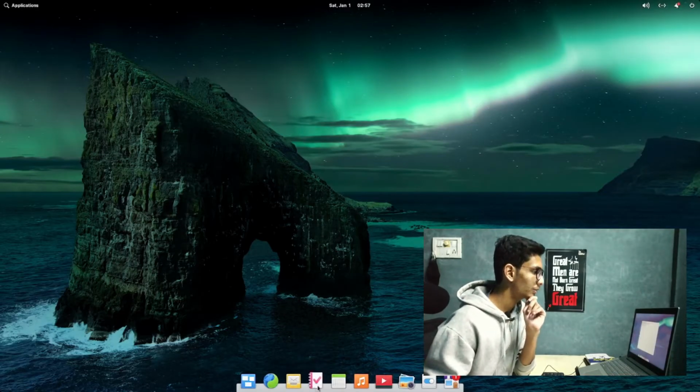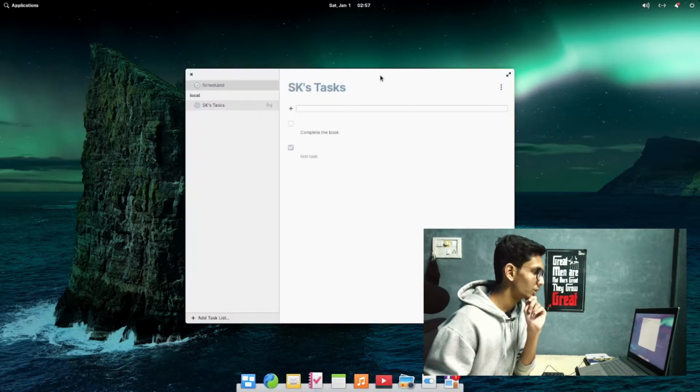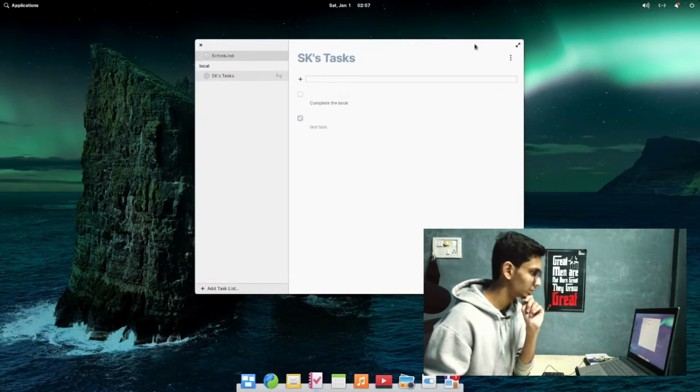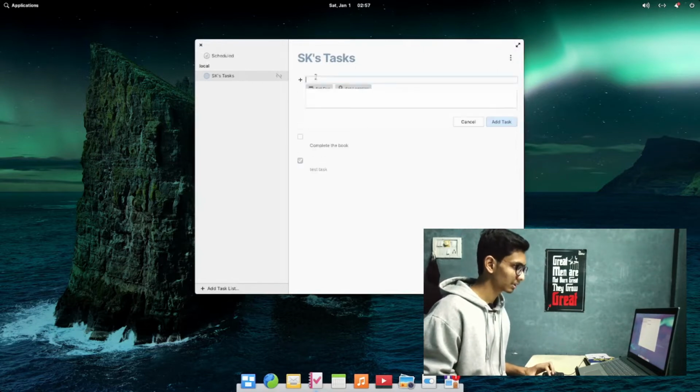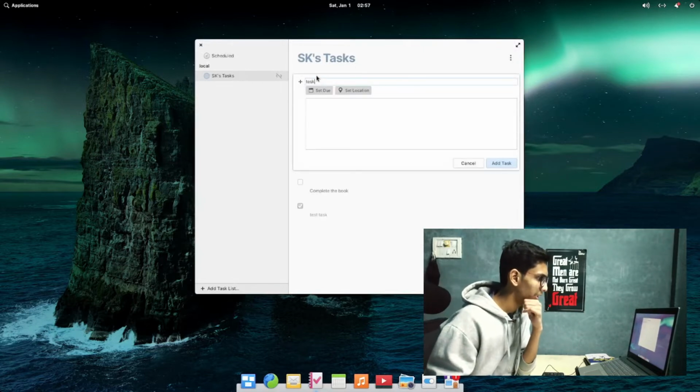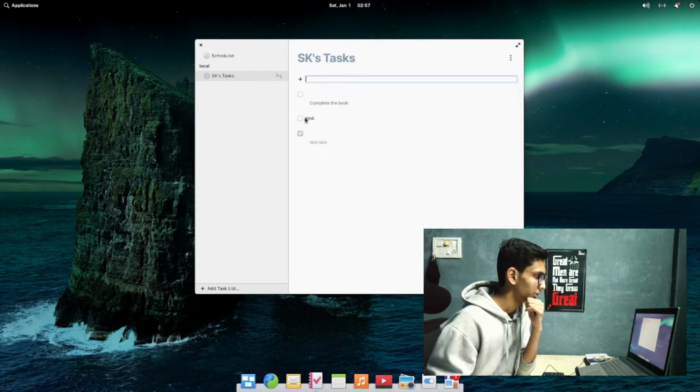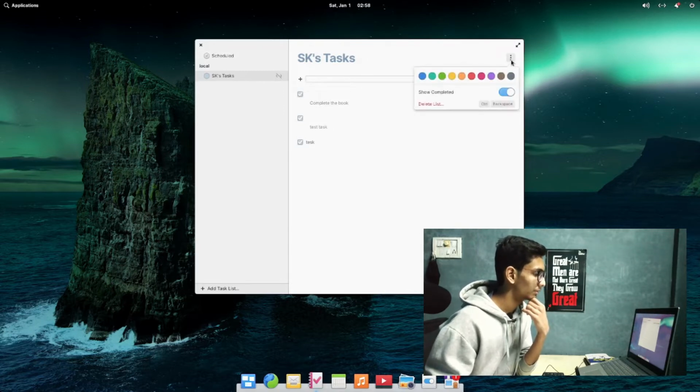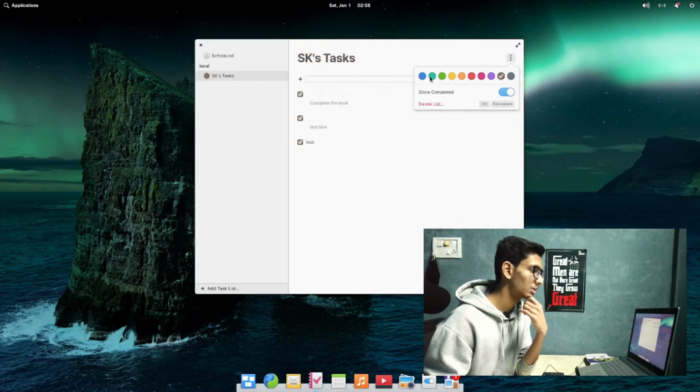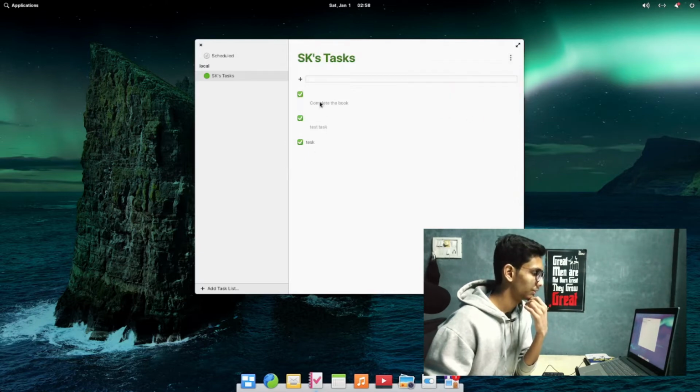The second app is a Tasks app. I have created a few default tasks here. It also follows a clean and minimalist approach. You just type the task and hit enter. It will be automatically added in your list. You can check and uncheck it. It's just basically a to-do list. Very clean and minimalist approach with a few customizations such as the accent colors. Other than that, there is nothing much to see here. You can just check them and uncheck them if you need, like that. It automatically sorts the tasks according to their status.